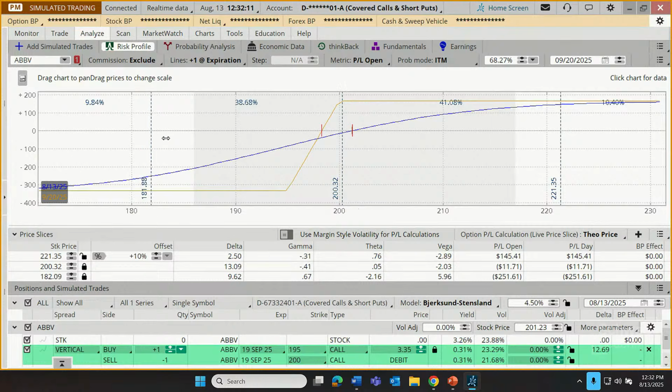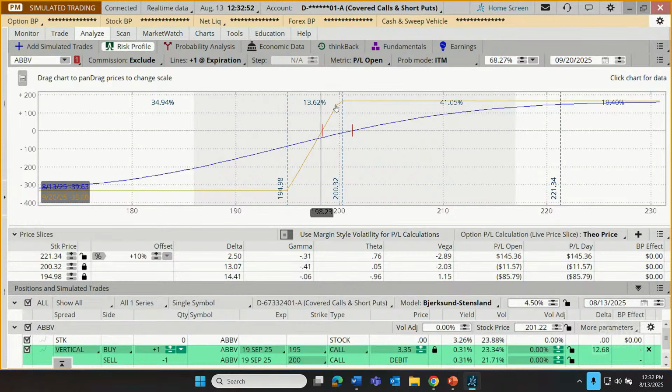Let me grab this one. I'm going to drag this over to the maximum loss at 195. Let's get that as close as we can. 195, close enough. Well, there's about a 35% chance that we land below 195 and we're in max loss territory on September 20th. So all of these numbers are associated with whatever date we've selected up here. So 35% chance of max loss, about a 51% chance of max gain. That's leaving us with 14%-ish that we're somewhere between max loss down here and max gain up here.